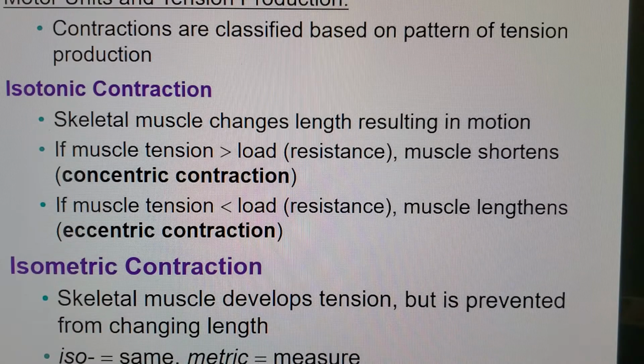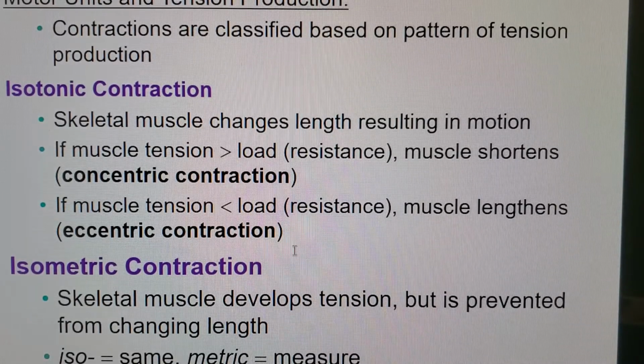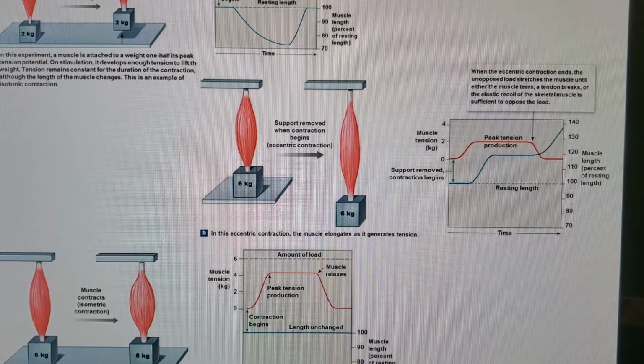Isotonic contractions, these are contractions that shorten the muscle. Isometric contractions, this is as though we put our hand under the table and pull up, pull up, pull up, and the table does not move. So the muscle has not shortened, but it did become tense. The muscle has become tense, but it's not shortening. Isometric. And these are examples of isotonic and isometric contractions.